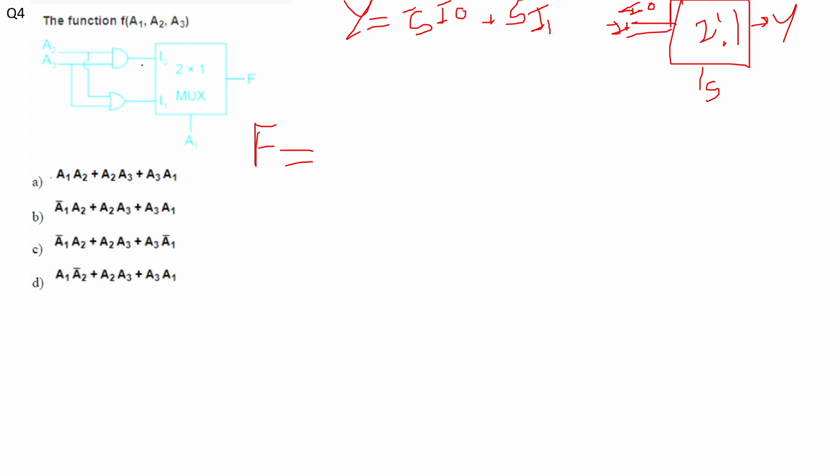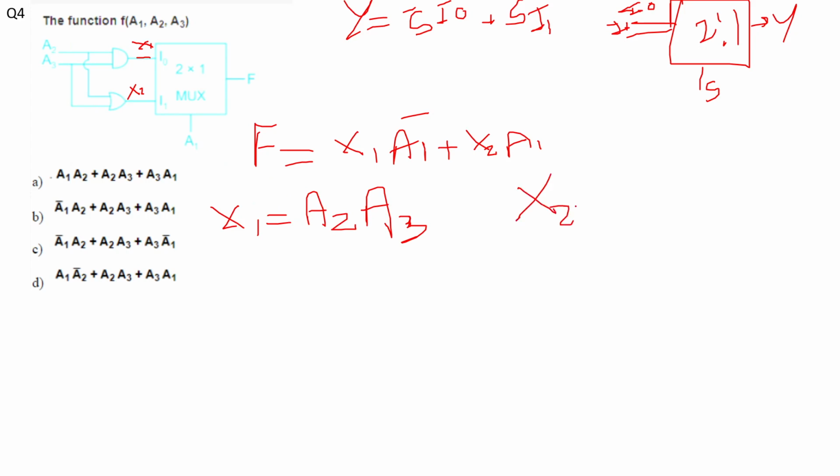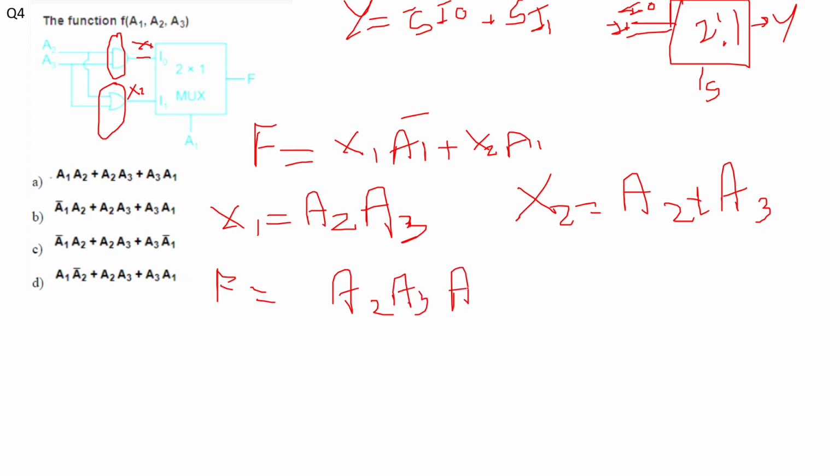before we go for F, let's just find out these things. So this I will call x1, and this I will call x2. So F will be equal to x1 times a1 bar plus x2 times a1, right? My x1 is simply the AND operation between a2 and a3, and my x2 is the OR operation between a2 and a3, so a2 plus a3. Now my F will be equal to x1, a2 a3, times a1 bar, then OR x2, now I'll plug this value of x2 here, a2 plus a3